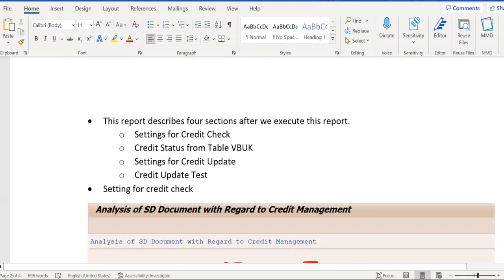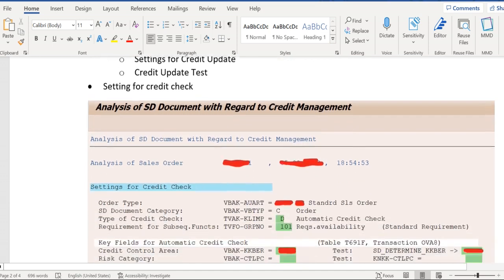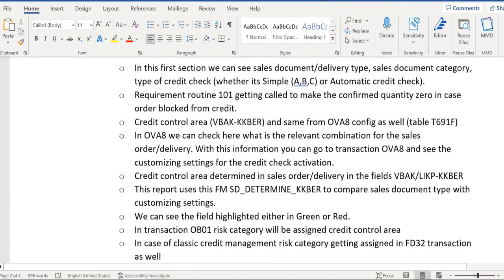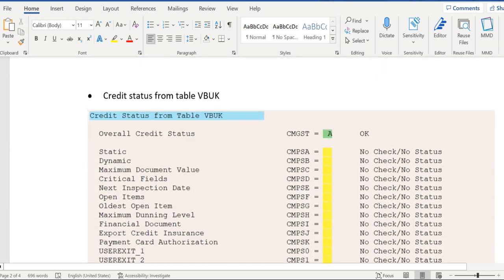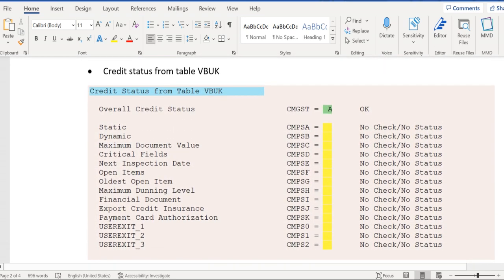So as of now, we have discussed the settings for credit check. Now let's check the remaining three. You see here, there is one field in VBUK-CMGST, overall credit status,